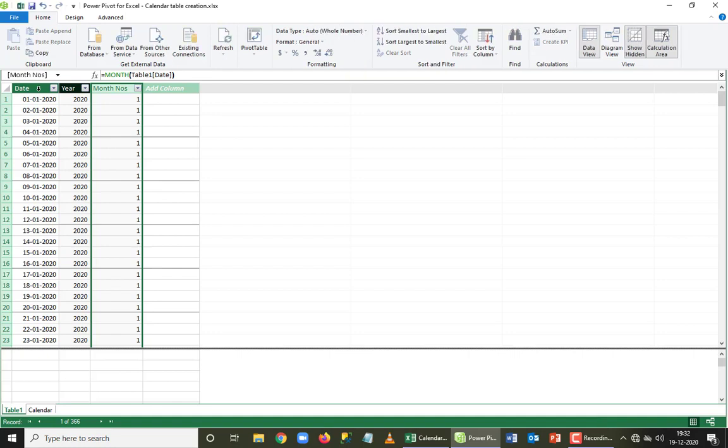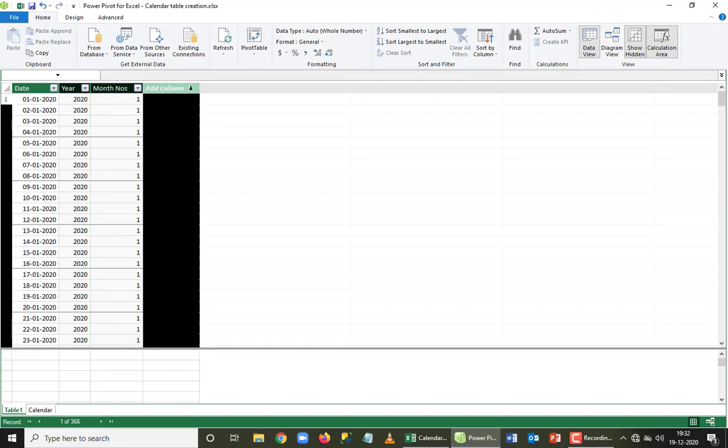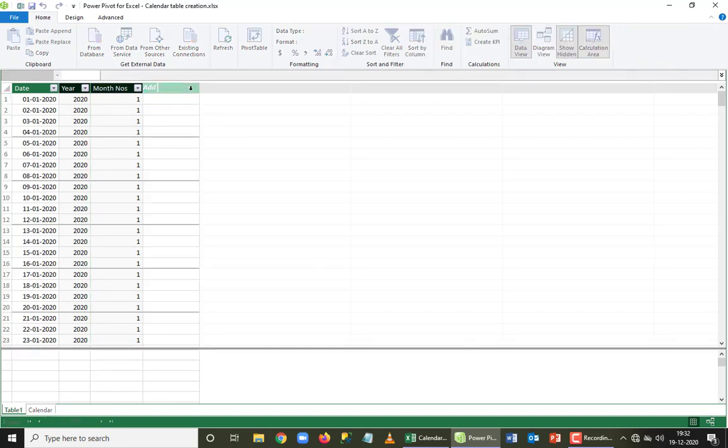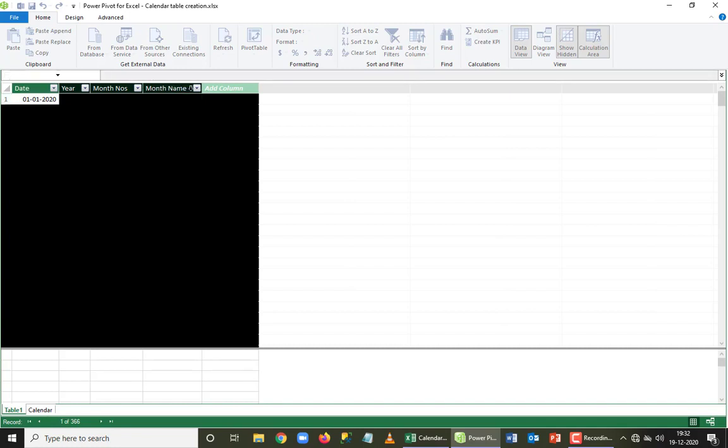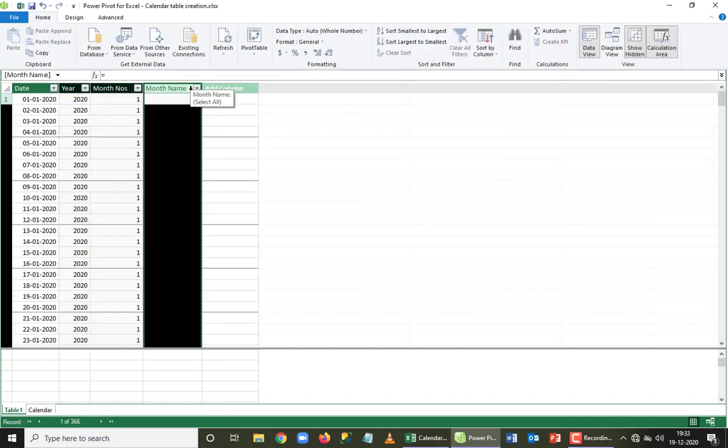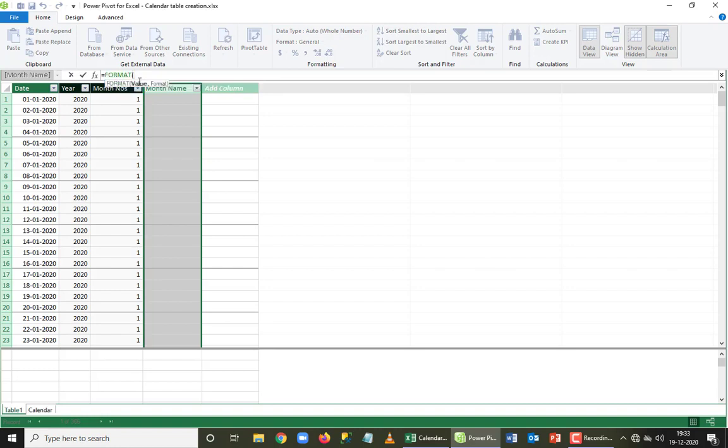If you are working in Excel, for example, if I want the month name to be mentioned here, I'm going to add a new column here called Month Name. If I want to add a month name to my data using DAX functionality, in Excel we use the TEXT function to bring that list. I'm about to use another function in DAX which is called FORMAT. Whatever the TEXT function does, the FORMAT function is also going to do the same, only the formula is changing here. So I'm going to add FORMAT, and select the date